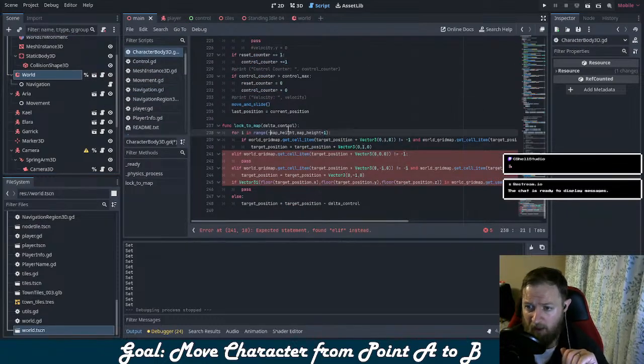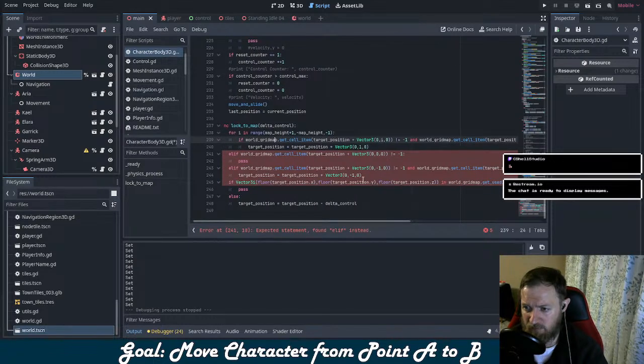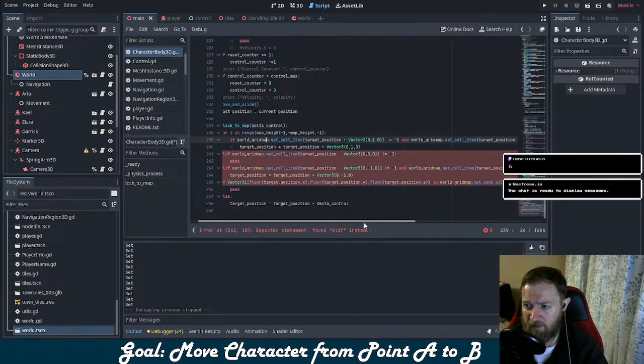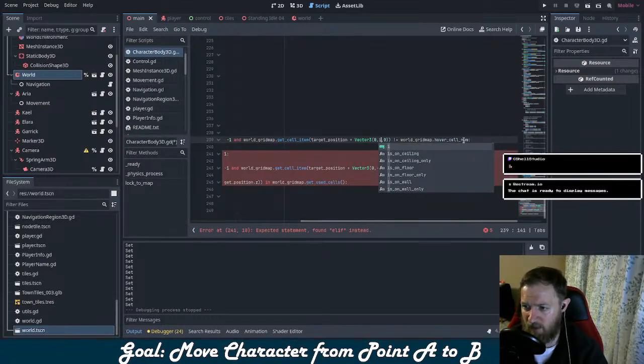You do map height +1, negative map height -1. So I want the highest one to win out. Okay. So if that does not equal -1, and that is not a hover cell,